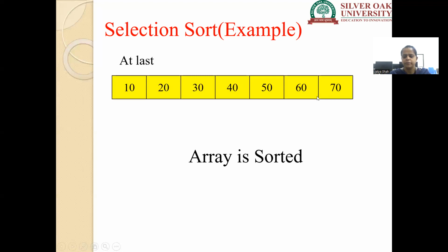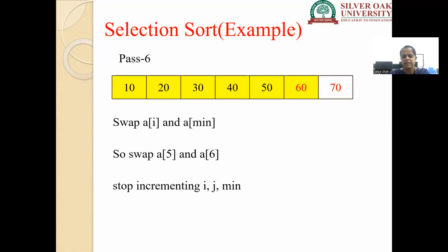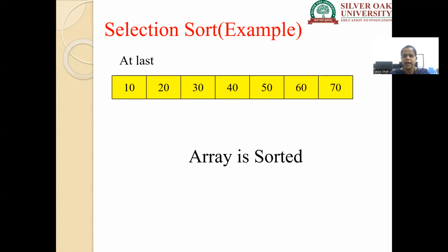So by default, 70 is going to be the last element, which is already on its position. As we have seen in the starting, your array will be sorted in n-1 passes. So a total of 7 elements are there and our array is sorted in pass 6. That is 7 minus 1 equals 6. So at last we can say that our whole array is sorted. So here, through an example in detail, we have seen how selection sort is